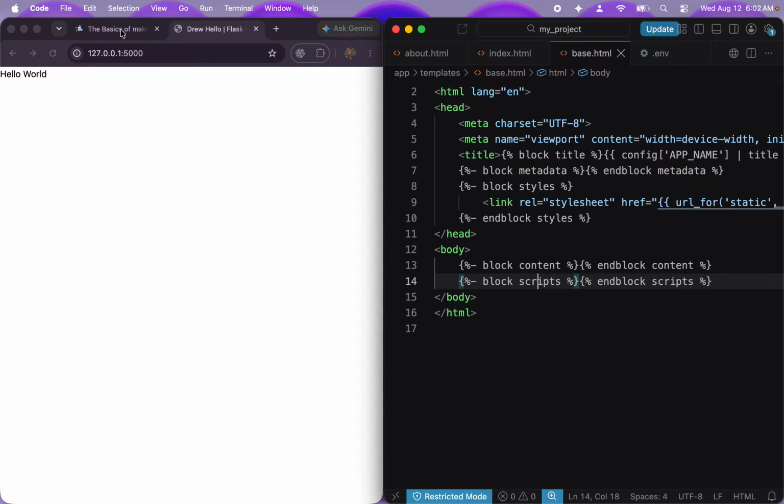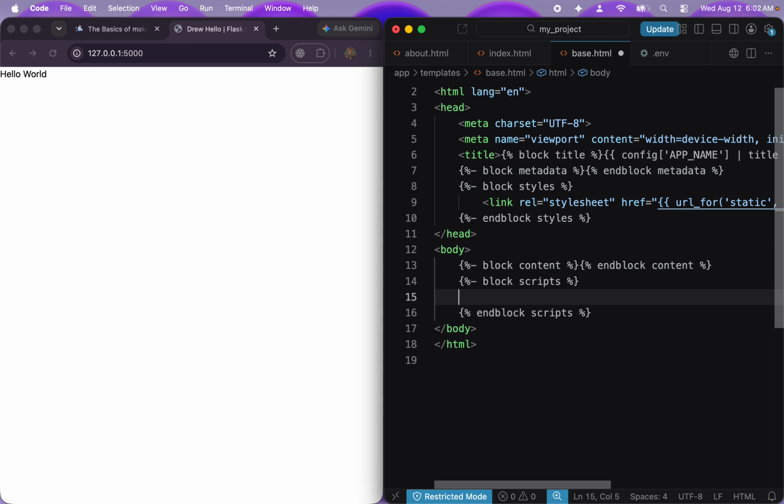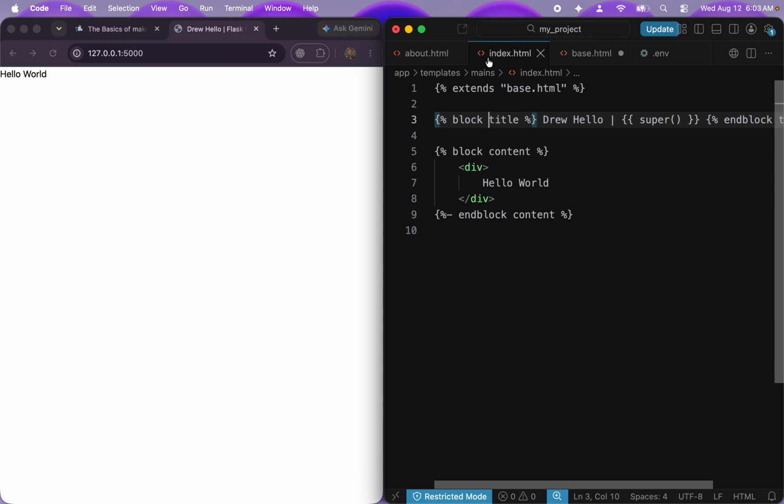If you have a JavaScript package that you want to add into your app, that's fine, but you don't necessarily need to keep adding every single JavaScript package into base.html. You would add it into base.html if you're going to need that JavaScript package over multiple pages, right? But if you have one page that requires one specific JavaScript package, do not add it into base.html. Create a block script in here